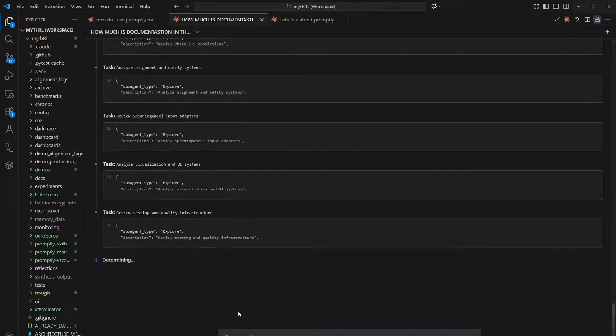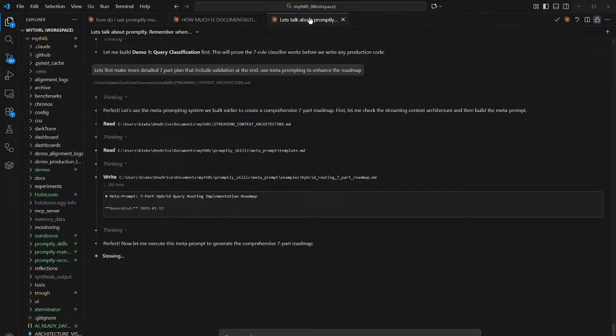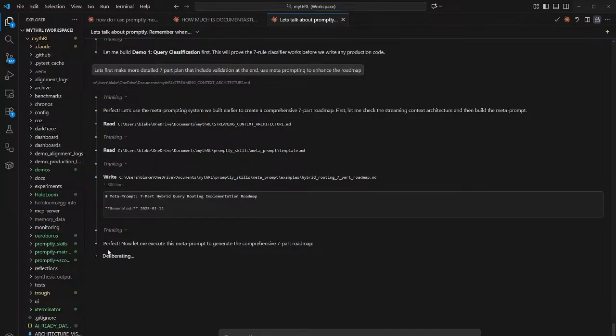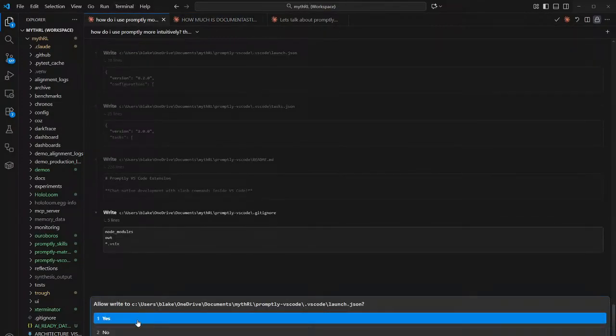So I'm going to let this go for a while, and then we'll run back and do it adversarially, which means that it'll check its work. And it works pretty good. So then you just gotta flip around and see where it's at. It's doing the meta prompt. It takes a while sometimes.